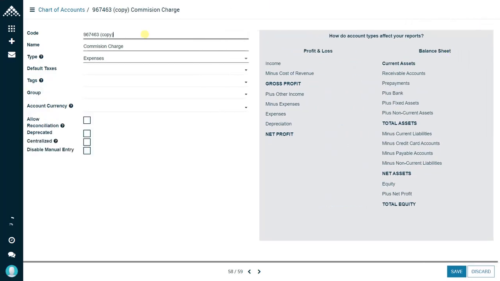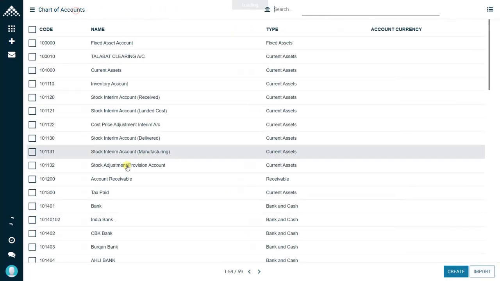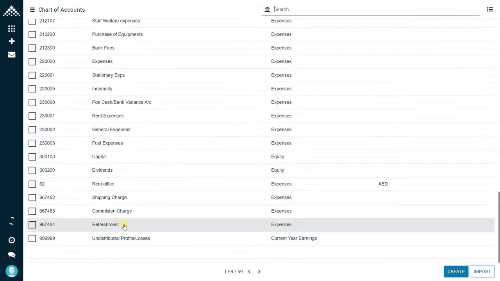So here we'll just change this code of this account. So enter this new code. Here we'll give it a name to the account. So let's say we'll create a refreshment account, and all the rest of the setting is same. So now you can click on the save button, and as you can see, this account, refreshment account, has been